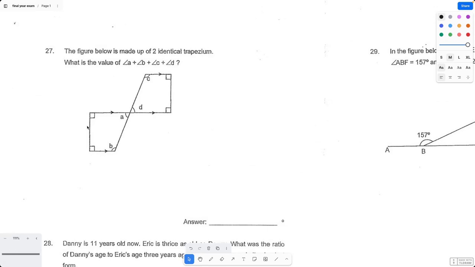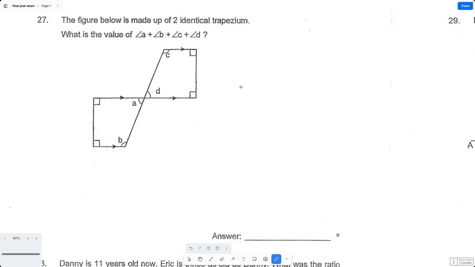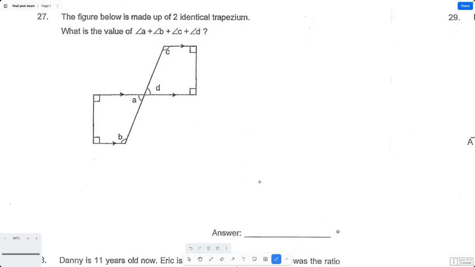Question 27. Okay, so the figure below is made up of two identical trapezium. What is the value of angle A, angle B, angle C, and angle D? Alright, so I already know the answer, but the answer is actually pretty straightforward. So trapezium